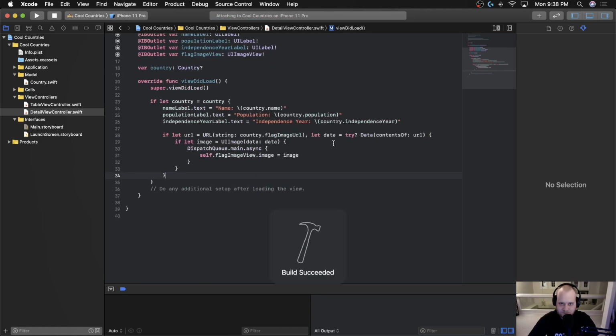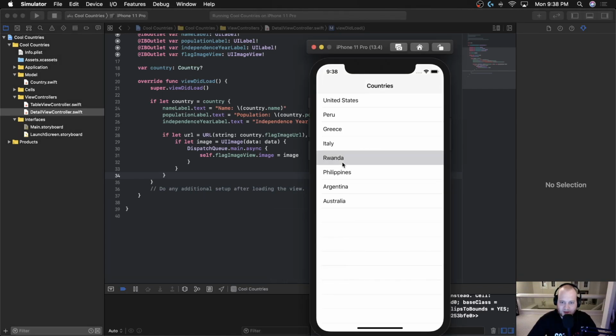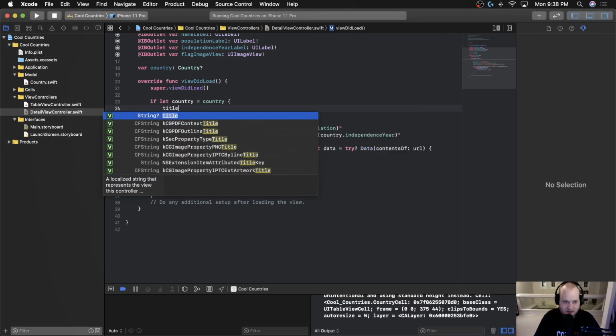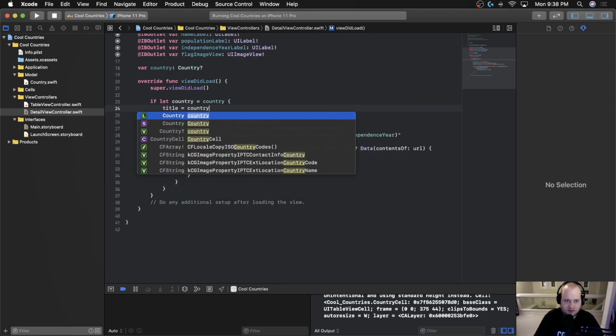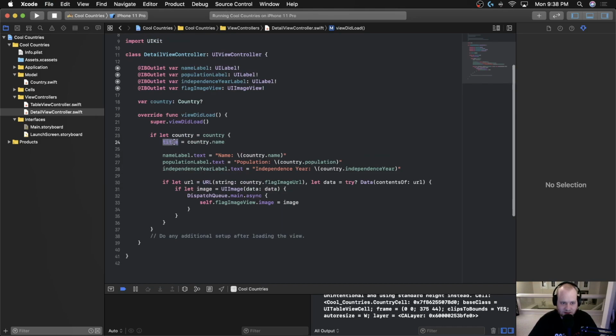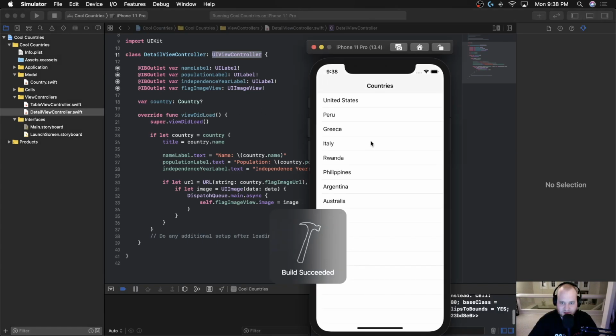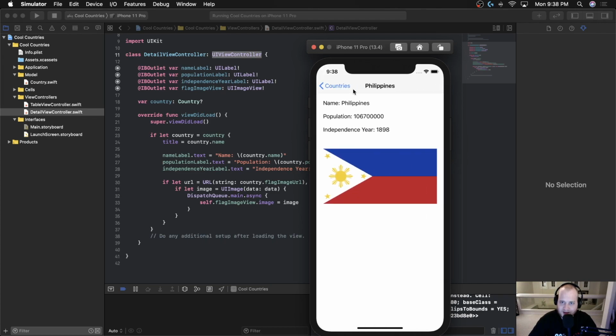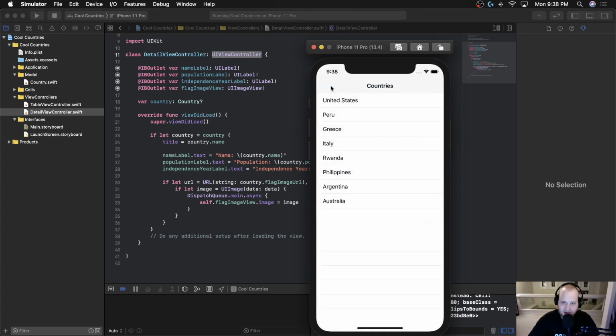So if we run that, and we come back here, we're going to start to see the flags of these countries. And the last thing that we actually need to do is, before we load the name here, we can say title equals country.name. And this is just setting the title of the view controller. The title is a property that's built into the UIViewController class. And by setting the title, we get this really cool effect up here where it says Italy or whatever country we tapped on at the very top. So that kind of wraps up this